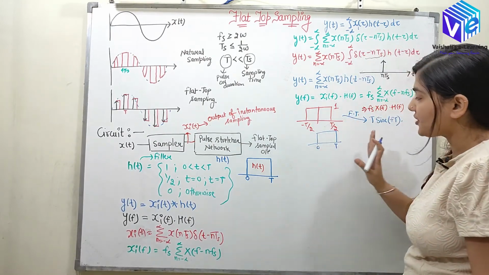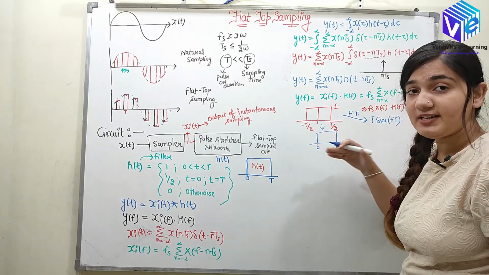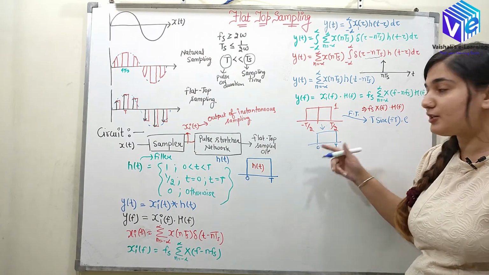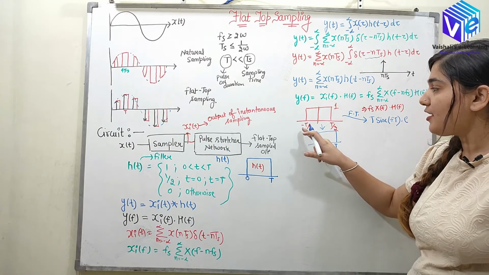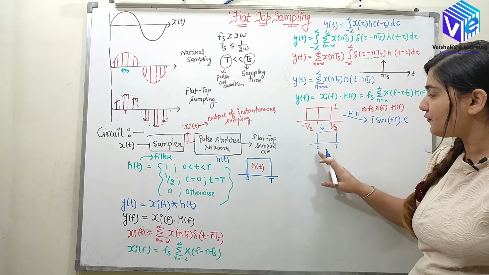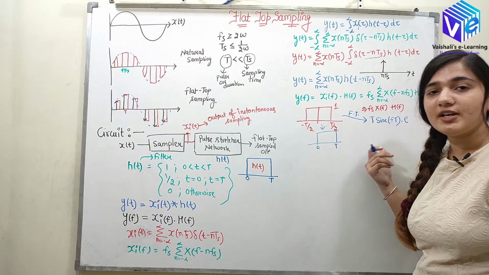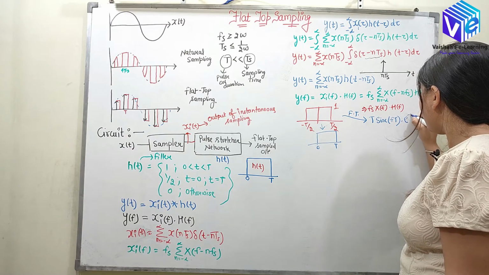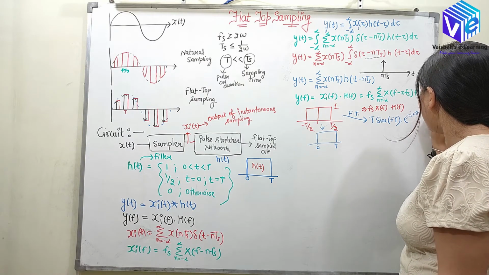So now when I have shifted it by the duration T by 2, there would be an exponential function which is denoting this shift. So why did I shift it? Because from minus T by 2 to T by 2, I cannot calculate the Fourier transform. If I have rect from 0 to T, I can easily calculate the Fourier transform. So now here it is multiplied by e raised to power minus j 2 pi f into T by 2.